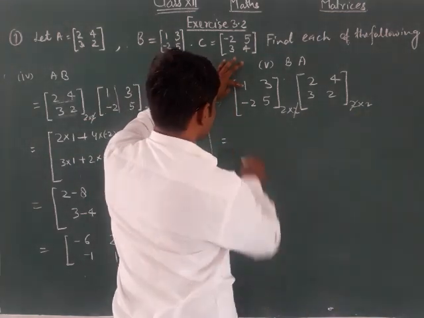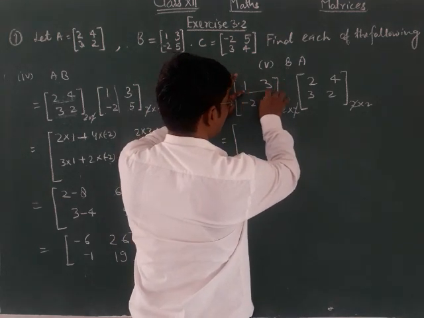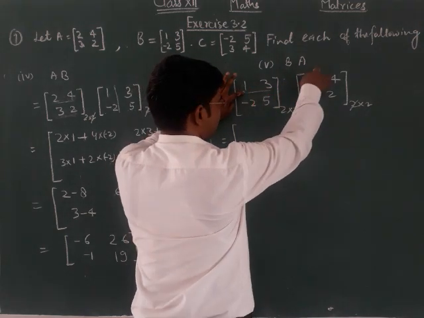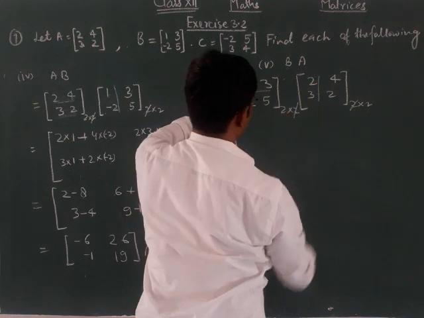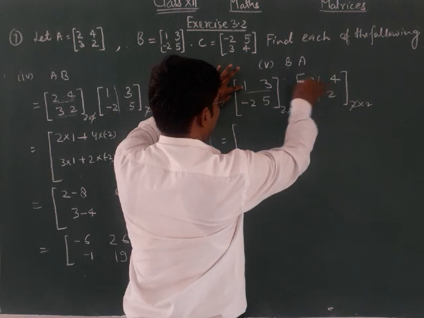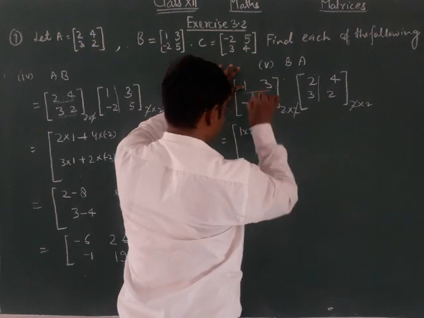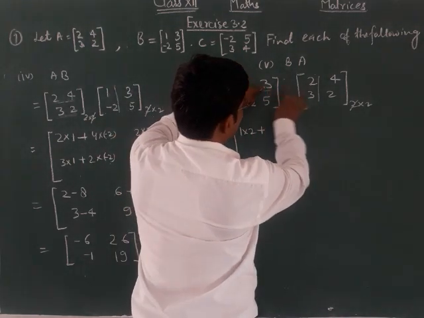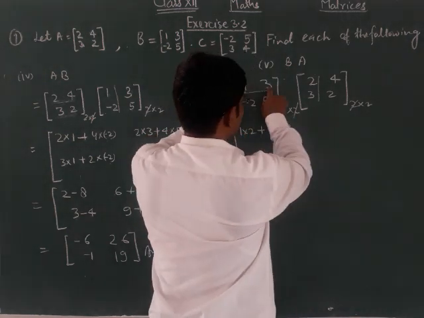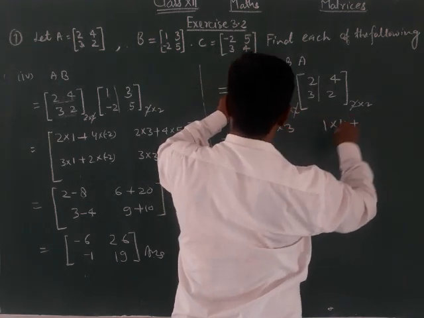Now let us start multiplication. Take the first row of the first matrix and the first column of the second matrix. Multiply the corresponding elements and add. So 1 into 2 plus 3 into 3, and again first row and second column: 1 into 4 plus